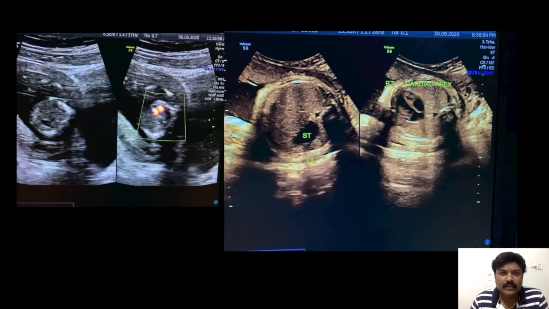So, first thing initially, when you're doing fetal echo, you need to assess the situs of the baby. After assessing the right and left side of the baby, you can see the position of the stomach and the cardiac apex side. So, in this case, the fetal stomach is towards left side and cardiac apex towards the right side. Same in this case, stomach towards left side, cardiac apex towards the right side. So this is the case of extracardia.